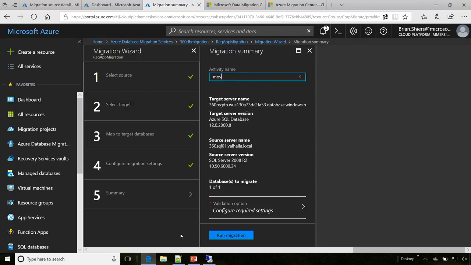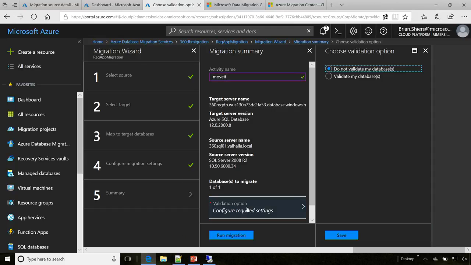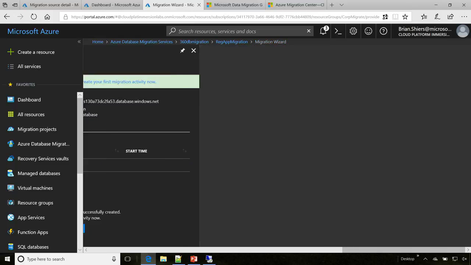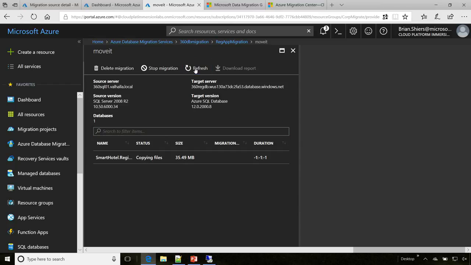The last step is simply to name this migration activity. So let's call it move it. I want to tell it how I want to do validation. In this case, we're just doing a test failover. So let's just say I'll manually validate this and say I'm on my own. Now I'm going to say run the migration. Here we go. It's up and going. I can refresh here in a minute, and it'll show that it's progressing forward. So it's beginning to copy that backup information into that blob storage, and it'll pick it up and process it from there. Now let's let that run, and while that's running, let's turn our attention to moving those virtual machines